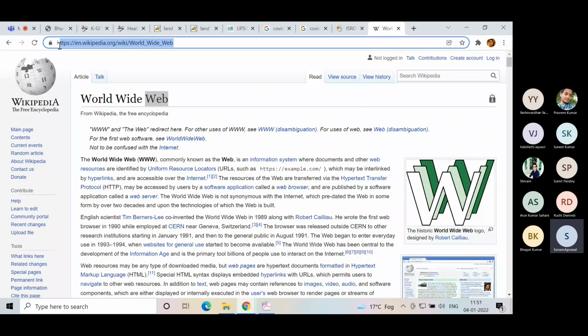So that's why there must be a certain protocol. Maybe you have already learned about different protocols in computer networks if you have learned that subject. So here also there is HTTP, hypertext transfer protocol, or HTTPS, hypertext transfer protocol secure. So all these things are available over here on the pages. With the help of this